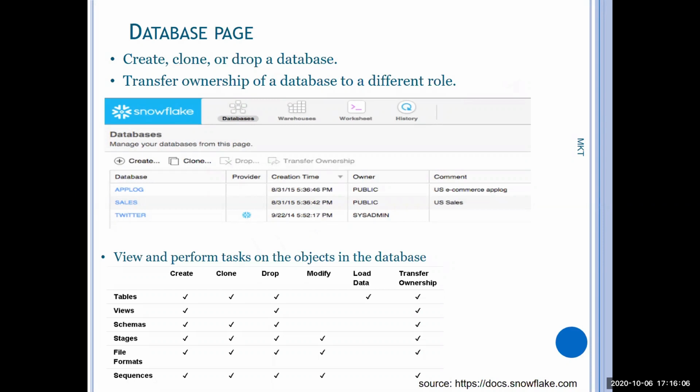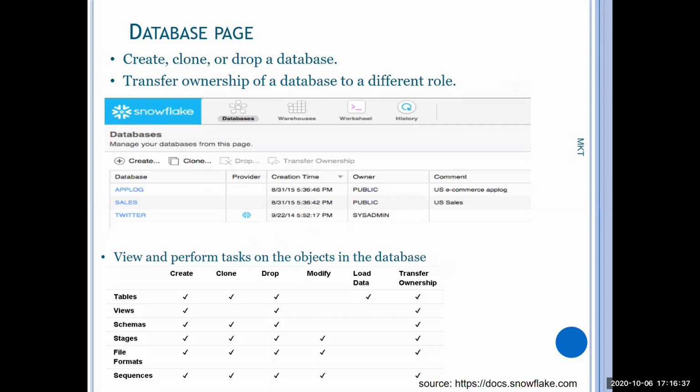If you create a database, you become the owner by default, and you can transfer your ownership to a different role. We have two concepts here, user and role, right? For access control, we have user and role, but the role will be controlling all these aspects of access control. For example, if my username is Murali and my role name is sysadmin, what happens?